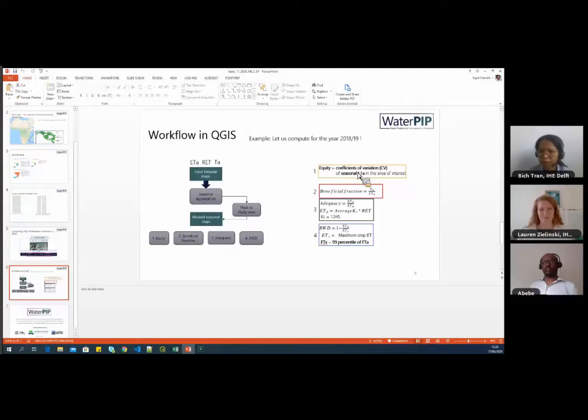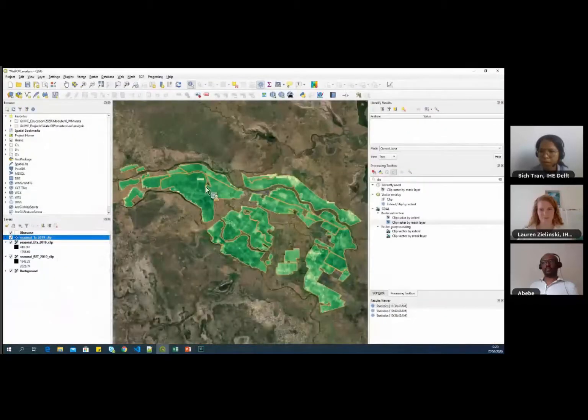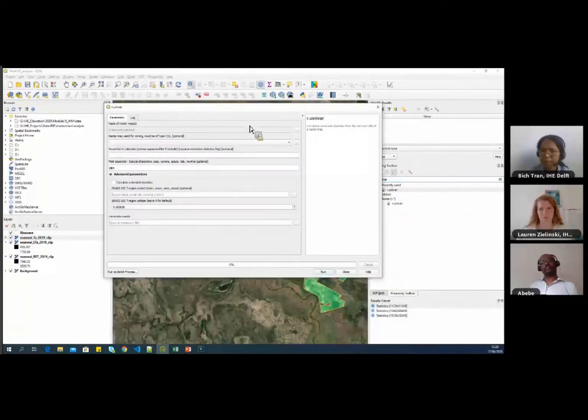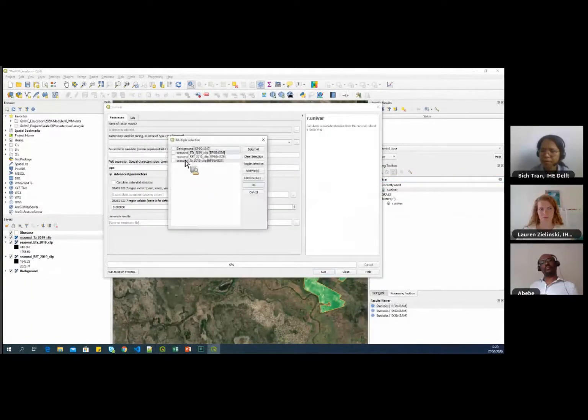Here it's safe for us because the entire study area is one crop, which is sugarcane, and it's already clipped to that boundary. So we assume that there is no mixed crops here, and it's true in the case of Sinawana, it's sugarcane. So let's compute the CV, coefficient of variation, and to do that, I will use a module called r.univar. Univar computes univariate statistics of a particular raster map, and I will open it. I will select the seasonal ETA,